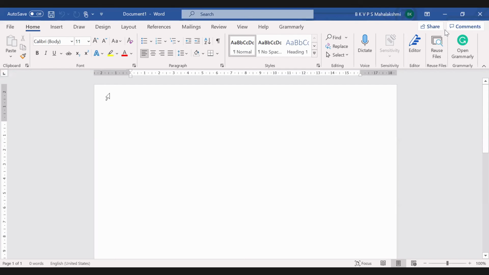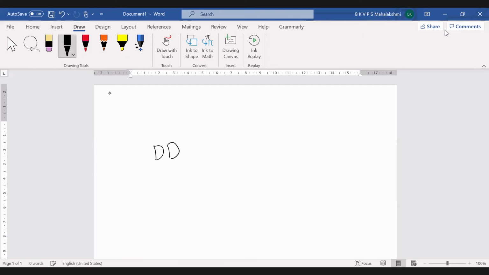Now we are going to discuss DDL. DDL is nothing but data definition language. How does it help us to give the syntaxes in SQL?